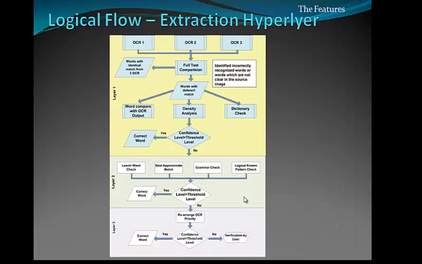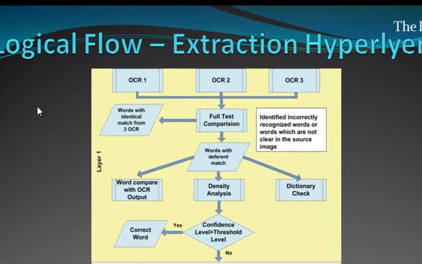I will explain the extraction hyperlayer, the first layer, the refine layer. So we get the output from OCR1, OCR2, OCR3. We can set any other OCR engine. If there's a very good resourceful OCR engine, we can fit it into the workflow. So we check word by word comparison, and if the 3 words are identical, we send it into the correct array list. And if there are mismatch words, or if there's a different word in these 3 output word lists, we send it to the